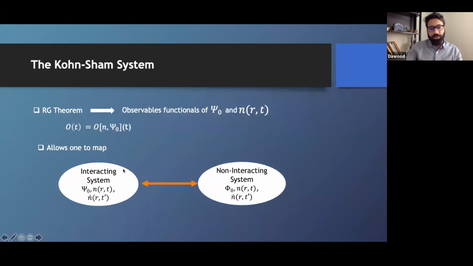And it allows us to map this interacting system onto a non-interacting system with an initial state chosen in such a way that it reproduces the time-evolving density and its first time derivative at an initial time. Because of the above property, we can extract all the information of the interacting system from this non-interacting system,